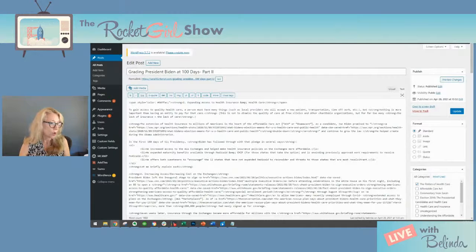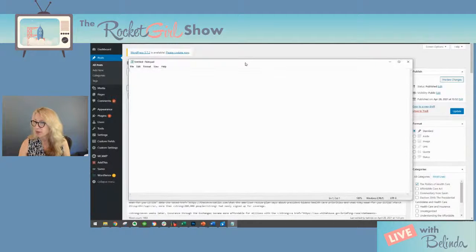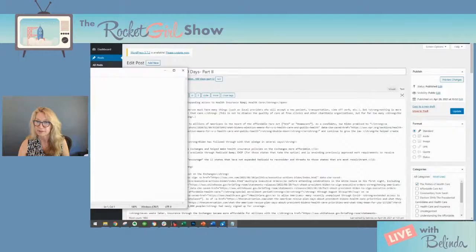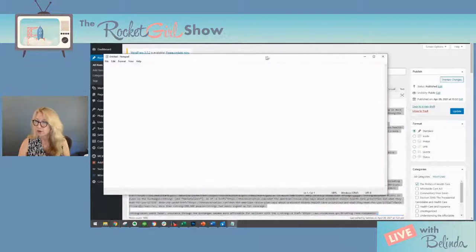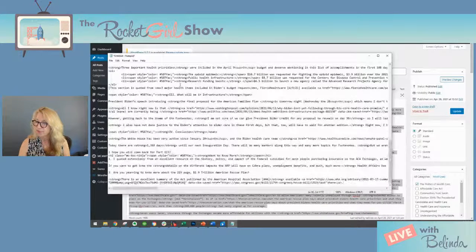I want you to open up a text editor. Here's one, it's called Notepad. And I want you to copy and paste all of this information right here, like this, just simple Control A, Control C. You can drop it right into here. And then you're going to search for the div tags, all right? The way you do that is you click Edit,